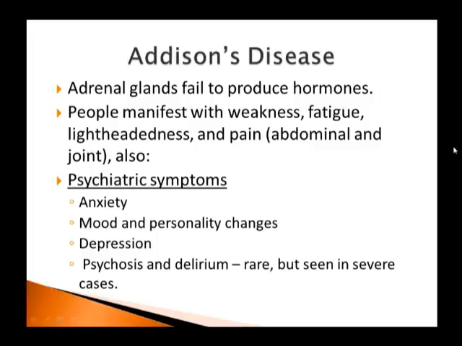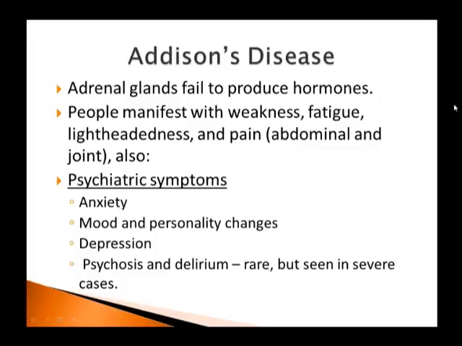They can manifest with skin changes, weakness, fatigue, lightheadedness, pain, many times abdominal pain as well as joint pain. But there can also be psychiatric symptoms that go along with Addison's disease. Anxiety is quite common, mood and personality changes and depression are quite common, and in severe cases, psychosis and delirium